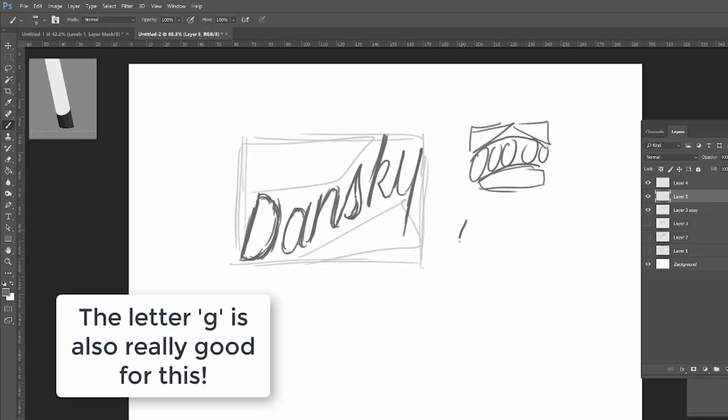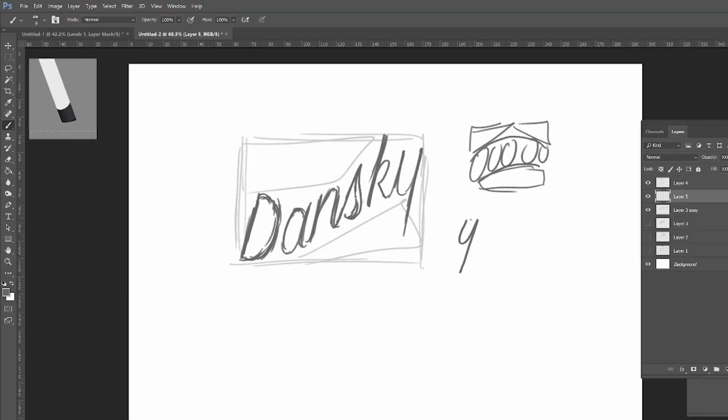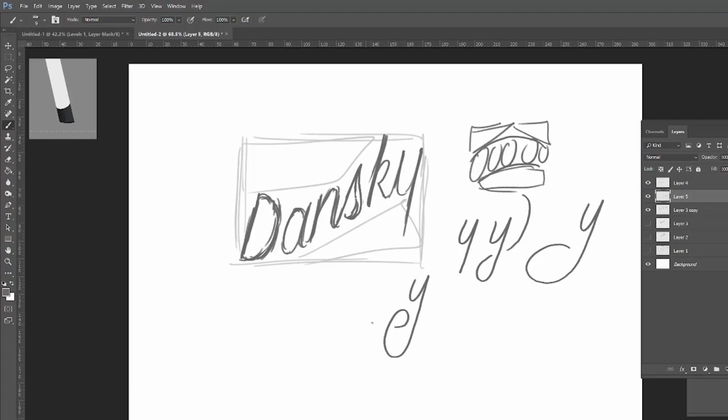So if I draw another Y over here real quick, we just have this standard looking Y. What else can we do with it? Well, we could draw it and put a little loop on it. Maybe we could extend that up to the top here as well. We do have a little bit of visual space here next to the K, so we could do that and use it to fill that space. We could also draw a Y and then loop it all the way around, and that would help to fill this space here, so that could work quite well. We could even loop all the way around like that and do something else,